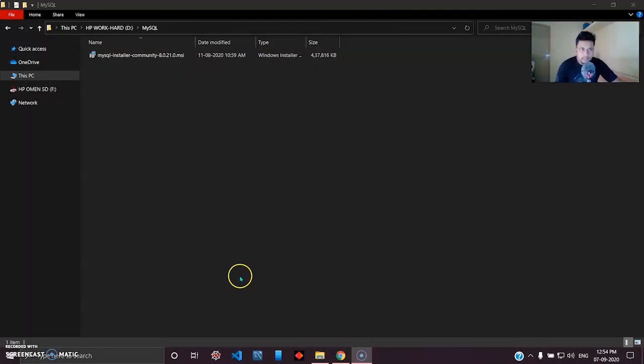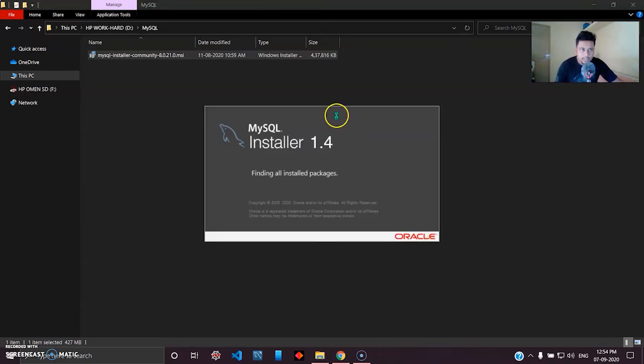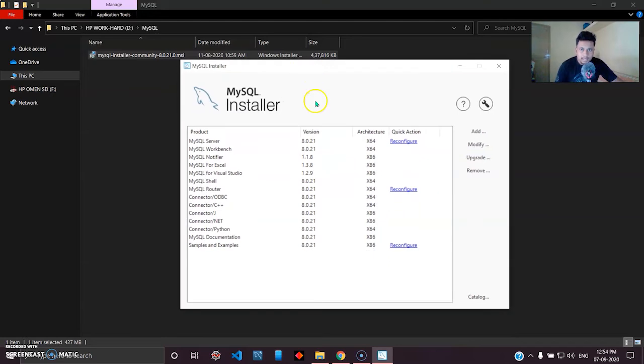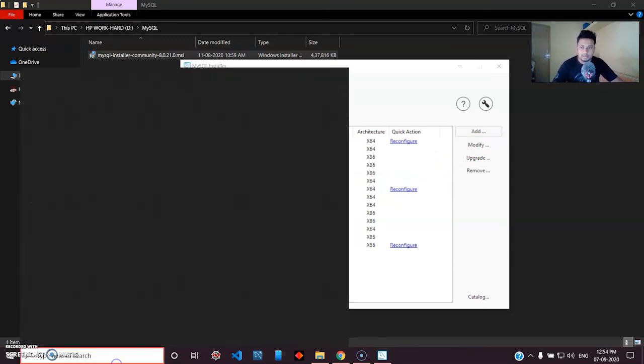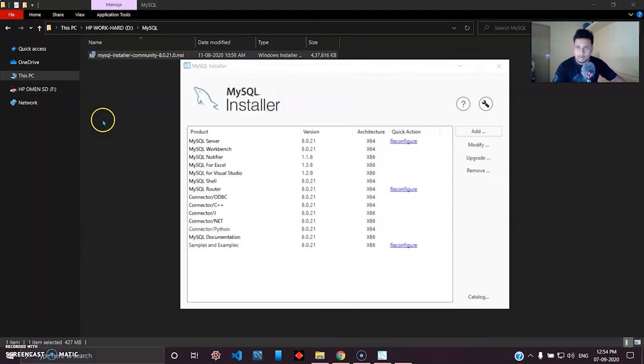Okay, so once you're done with the installation, you can visit the MySQL Community Installer once again, and as you can see, it will open the installer, and there you can see all the versions of MySQL installed. As you can see, the shell and the MySQL Workbench are installed here, and the architecture. This is useful when you have to modify the MySQL server on your Windows machine, or if you want to upgrade the MySQL server. As well, you can see the MySQL command line client installed here.